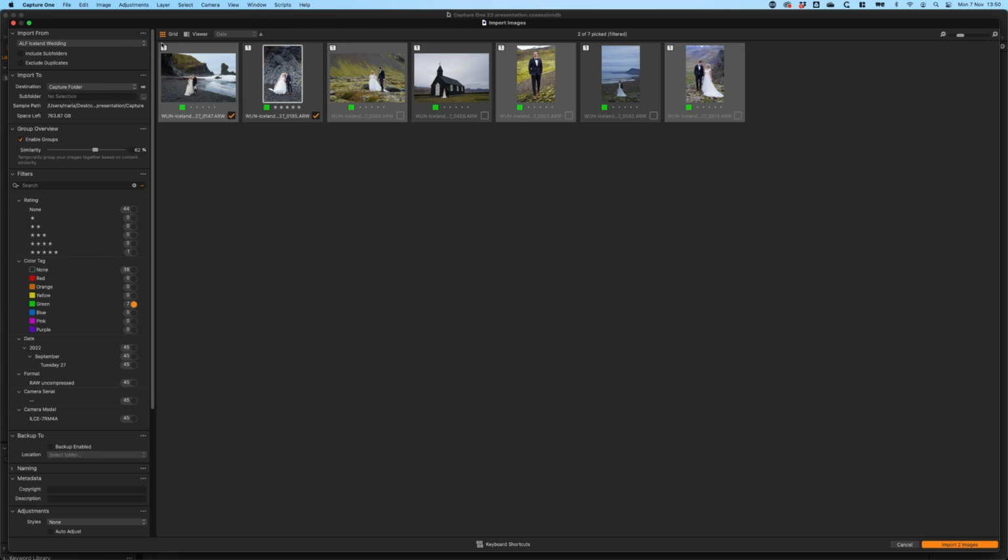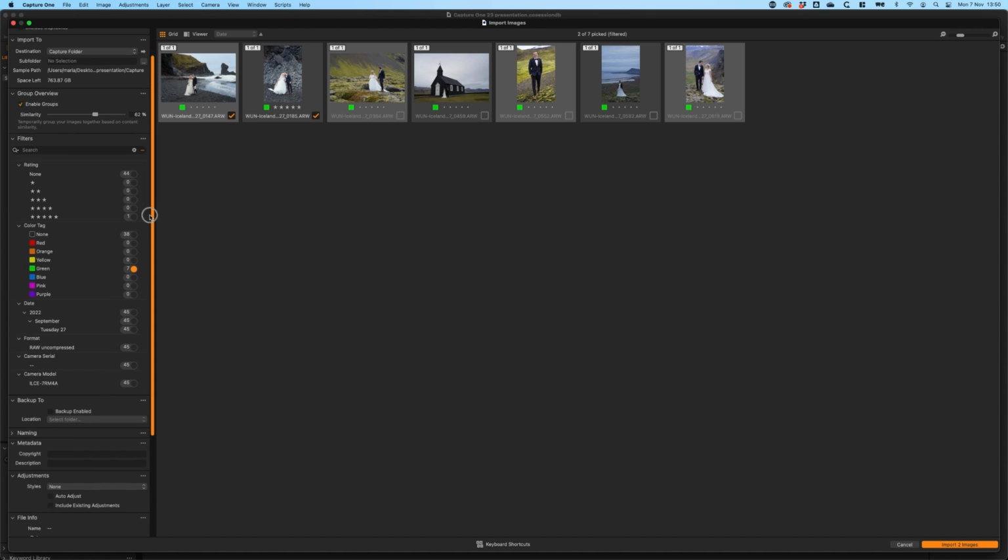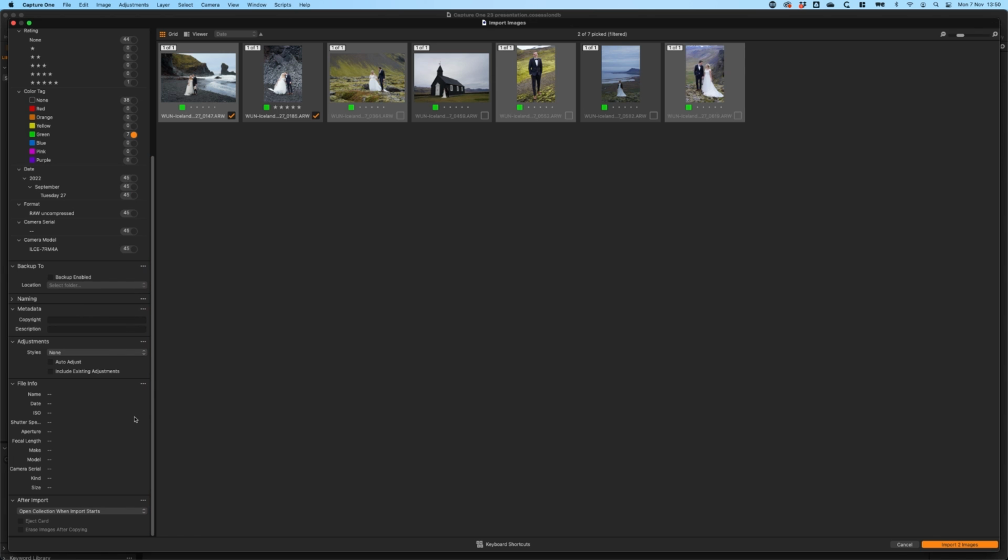Let's go back to the grid view for a second. So this is all my green tags, and if I wanted to just select them all, I could do it simply with my keyboard shortcuts. In this case, let's just go back to these ones that I already selected, and let's review all the rest of them together. You can filter by rates, color tags, dates, formats, or any other filters that are available from within the same interface. Another thing to note before we continue selecting the images to import is that right now